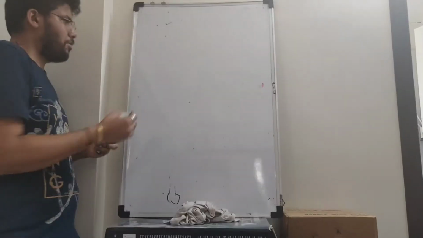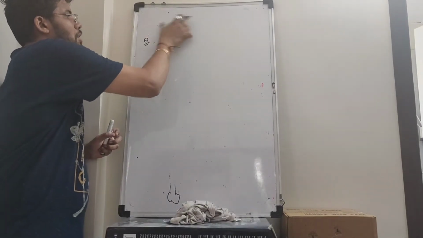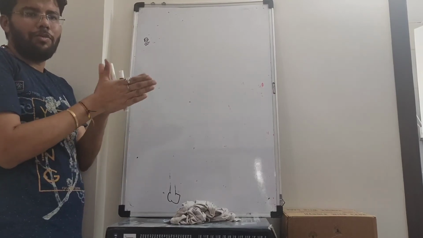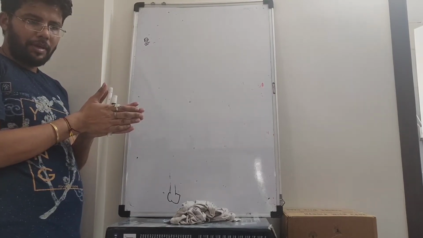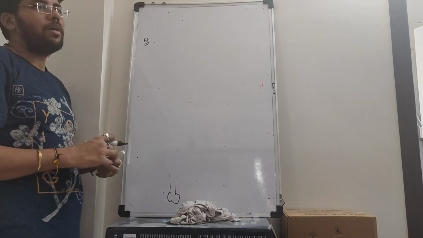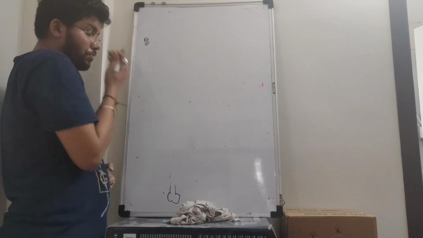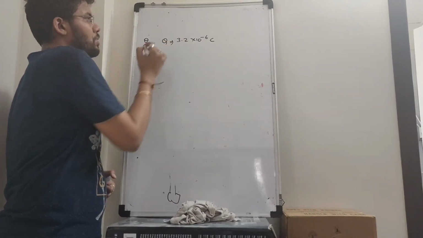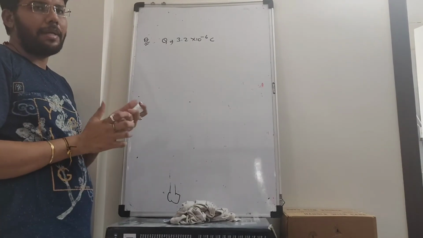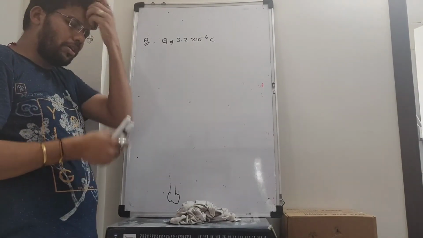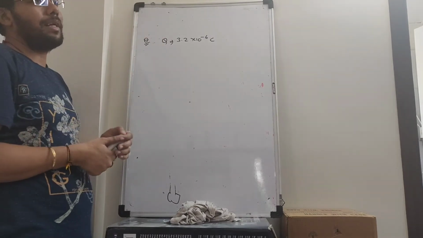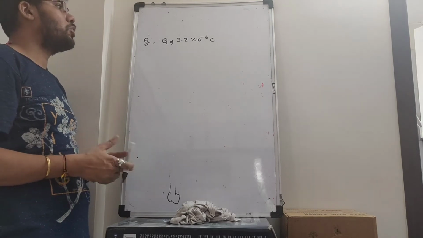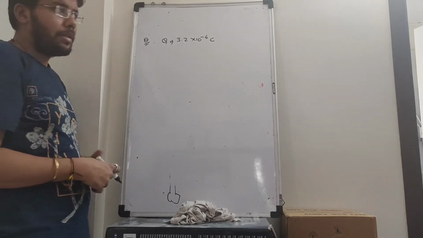Now suppose I am taking one example related to the method of charging. Suppose we rub a glass rod with silk, and suppose that glass rod acquires a charge of 3.2 into 10 to the power minus 6 coulomb. Suppose आपने क्या किया, you are taking a glass rod and a silk cloth and rub with each other, and suppose glass rod acquires a positive charge of 3.2 into 10 to the power minus 6 coulomb. Then calculate